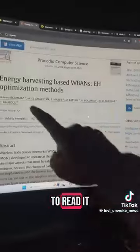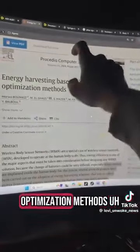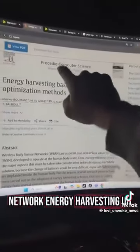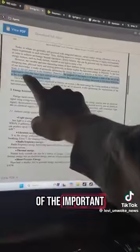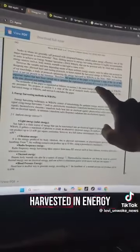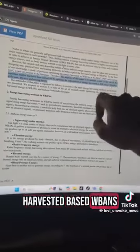harvesting wireless body area networks. If you'd like to read it, the name is Energy Harvesting Based WBANs, EH optimization methods, wireless body area network, energy harvesting, written in 2019. The purpose of this paper is to present a state-of-the-art of the important studies that have been carried out to optimize the exploitation of energy harvested in energy harvested-based WBANs, wireless body area networks, at the MAC, physical, and routing